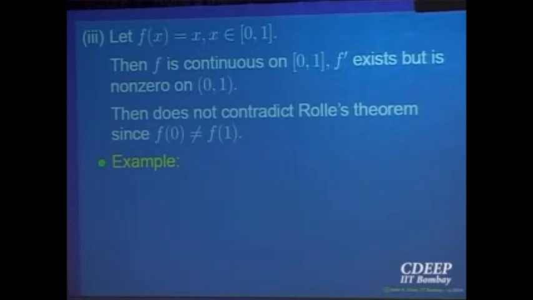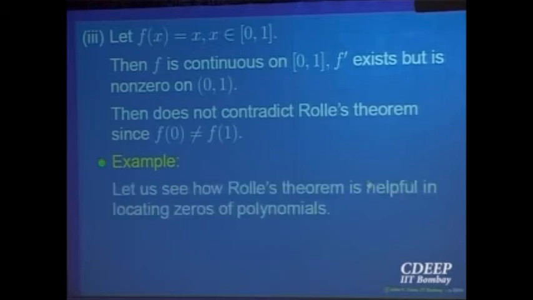Let me give you some applications of this. One application of this theorem is that you can use it to locate zeros of polynomials. You see, in algebra it is a big problem. If you are given a quadratic, you know how to solve it. If you are given a cubic, you still have some ways of solving it. If you have a biquadratic, difficulties increase, but still you can manage to solve. But if it is a polynomial of degree 5 or above, there is no known method of solving a polynomial of degree bigger than or equal to 5.